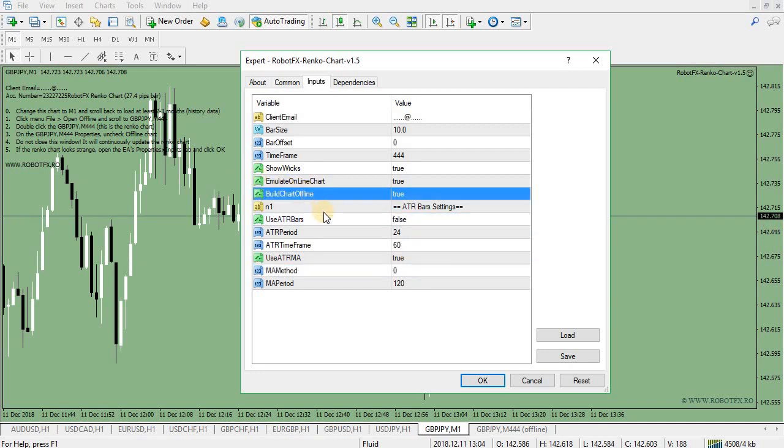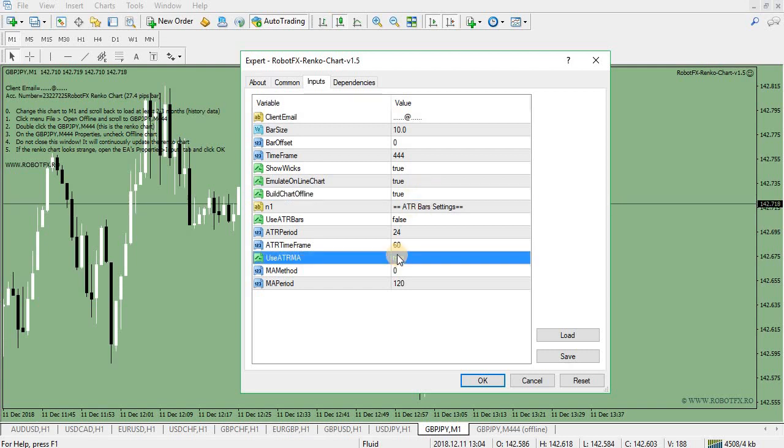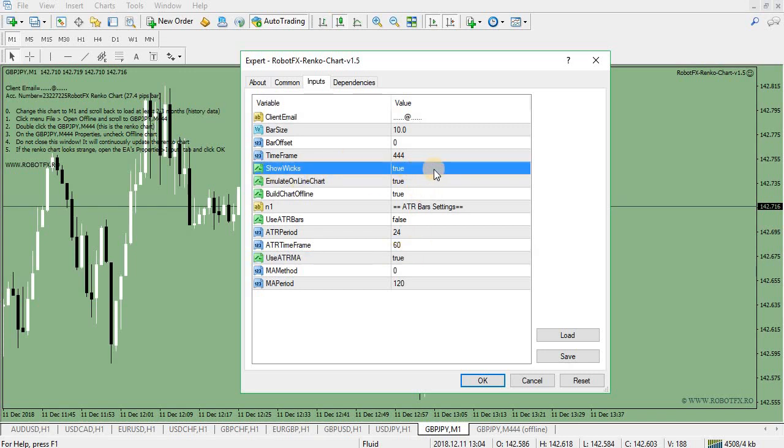You have the option to build a chart offline. I always set it to true. It will most likely not work if you try to use it during the weekend, if it's not set to true. Everything else, it's not important, except for the show weeks maybe, and that's just for the visual. The weeks, if show weeks is set to true,